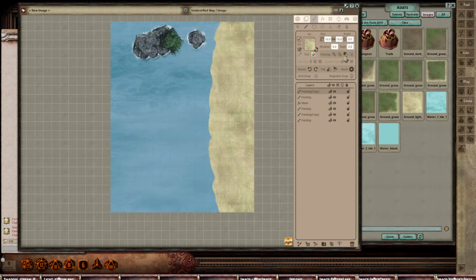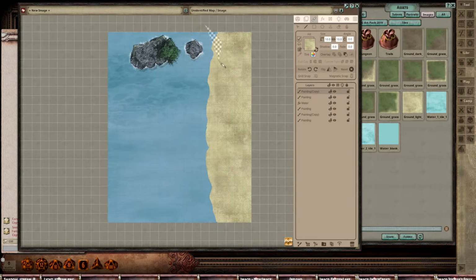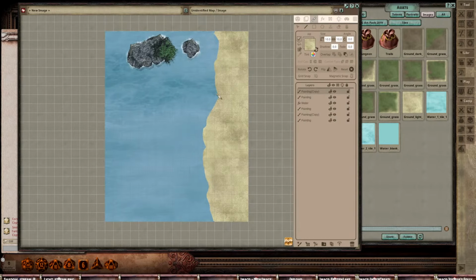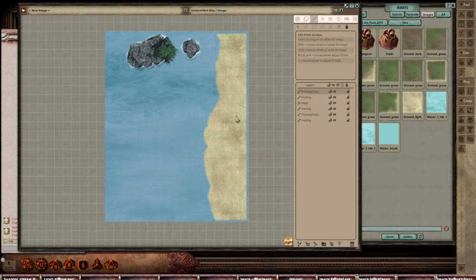So now I can come back into here in erase mode, and we can erase whatever we want to, right? So we can make whatever shape that we wish. Now, the reason why we might want to do that is because now we can bring this back into our edit fill area over here, and we can now fade this out. Now, I'm not going to worry about this stuff too much right this second, because what I can actually do,